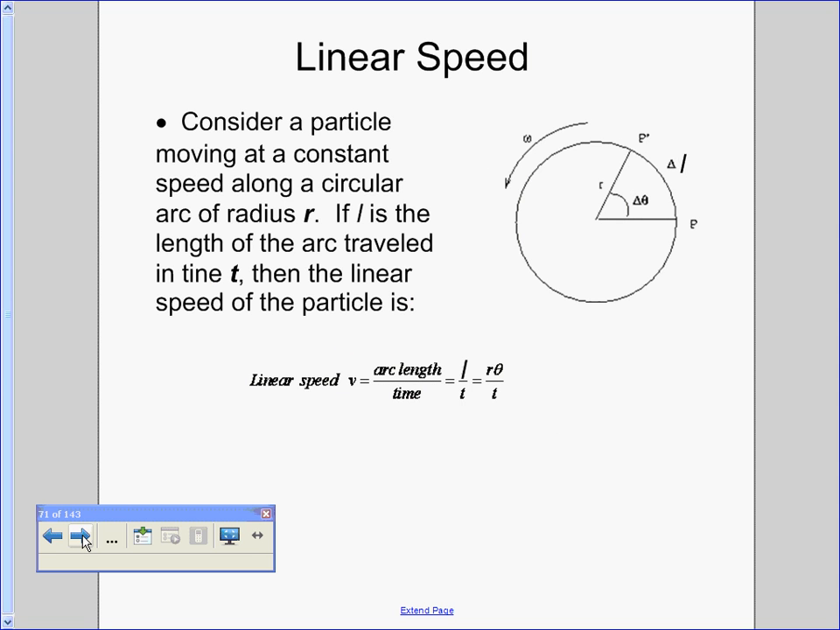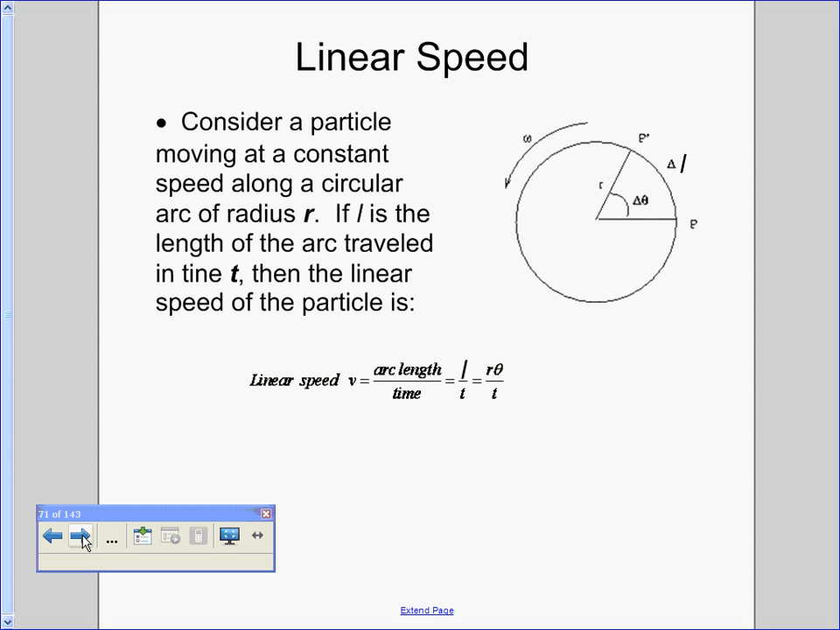Now let's talk about linear speed. For linear speed, we are actually going to use the arc length that we talked about in the previous slide. So if you have a particle that's moving at a constant speed along a circular arc, like for instance, if you think about the hands of a clock, or maybe a merry-go-round or something like that,